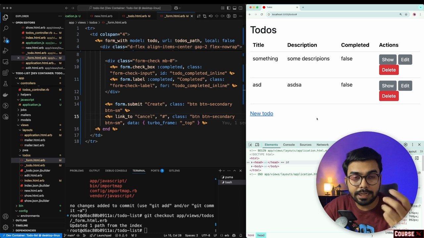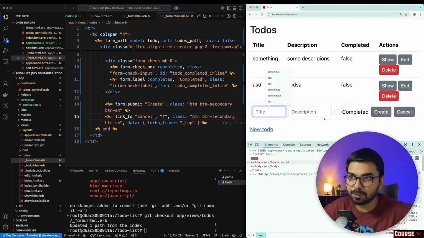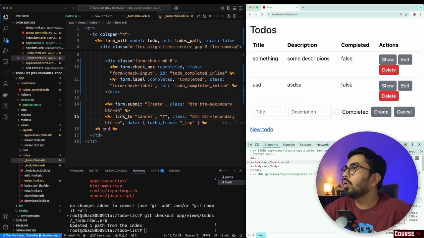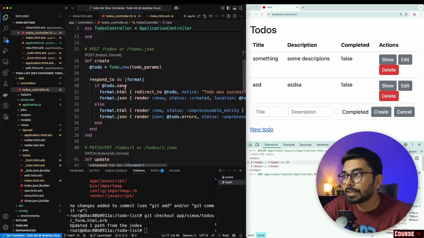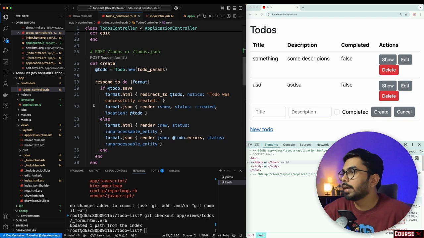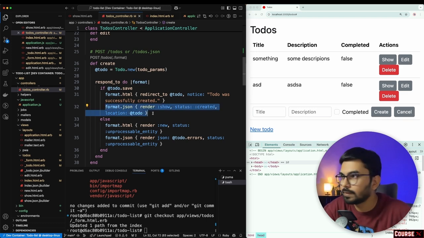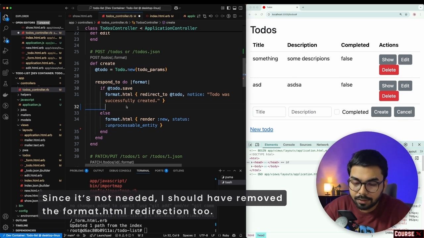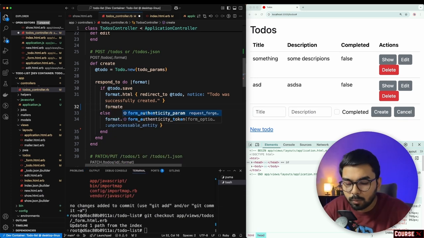Now when we create a new item, it should append to this list and the form should get removed when we click on this create button. So when I add a new item into it and click on create, it will go on to the controller's create action. In here, I am not going to work on APIs, so I can simply remove this JSON. Now here what I can give is a format of turbo stream